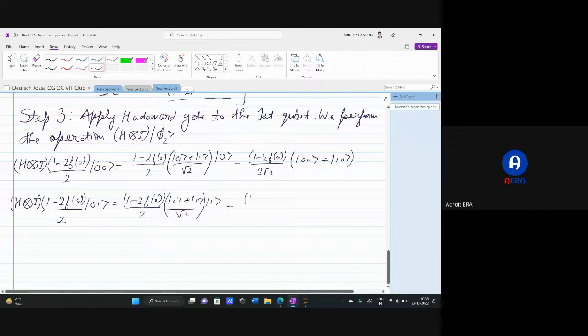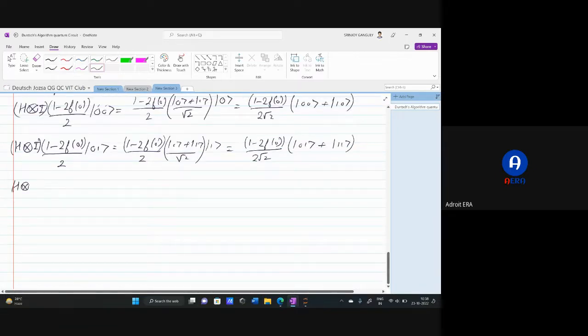And then (1 − 2f(0))/(2√2), and then again tensor them together. So you will have |0⟩|1⟩ plus |1⟩|1⟩. Then next one, H ⊗ I applied to (1 − 2f(1))/2 |1⟩|0⟩, which is equal to